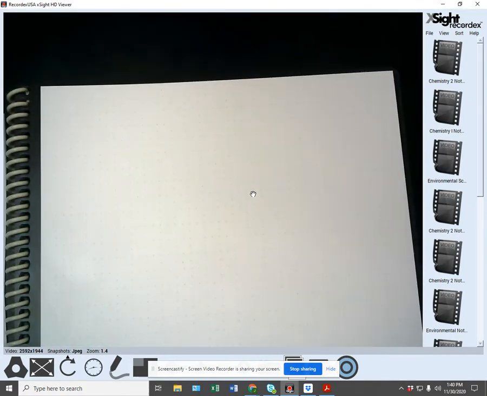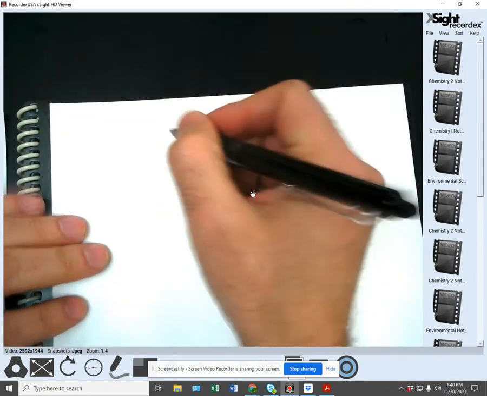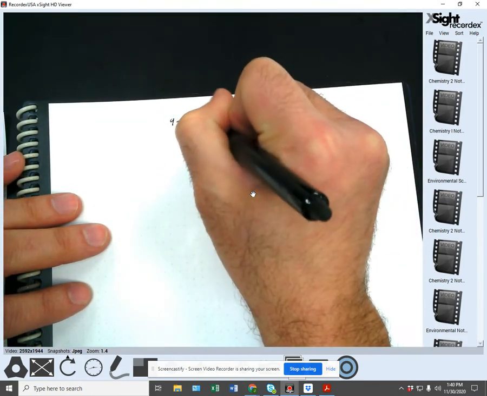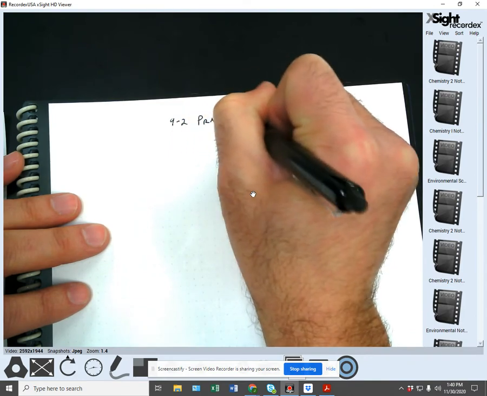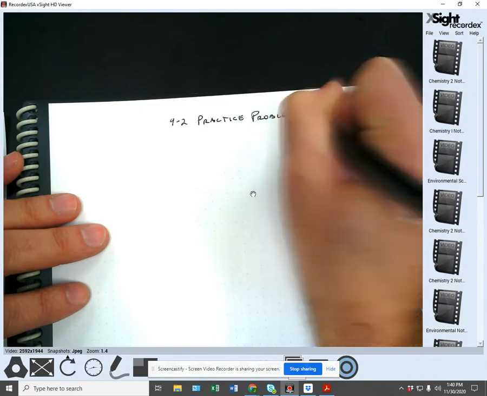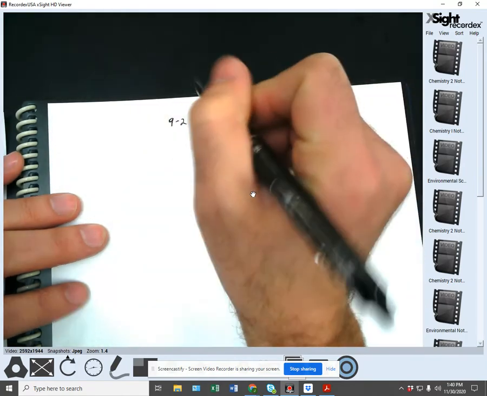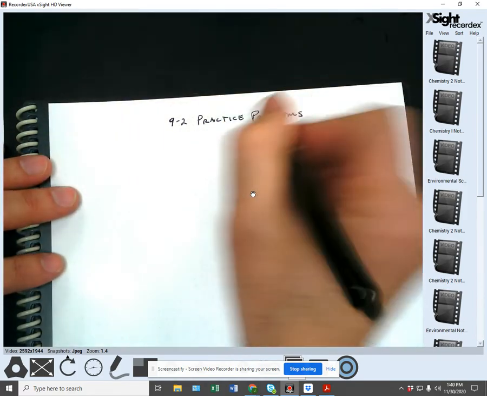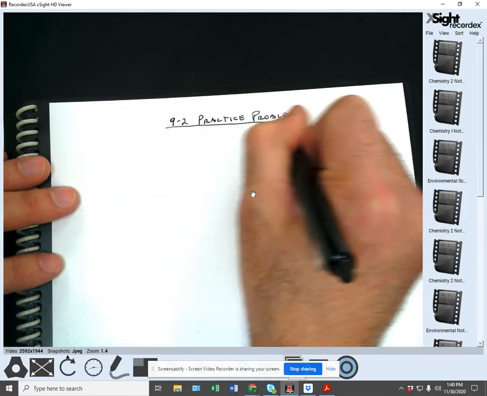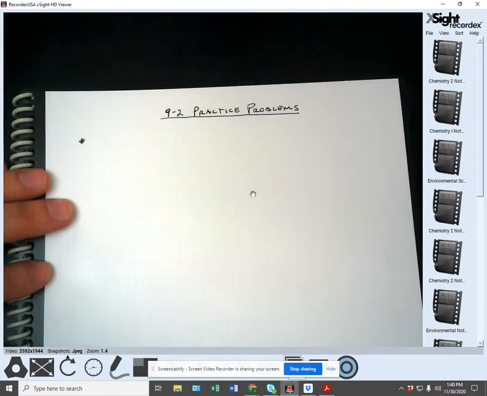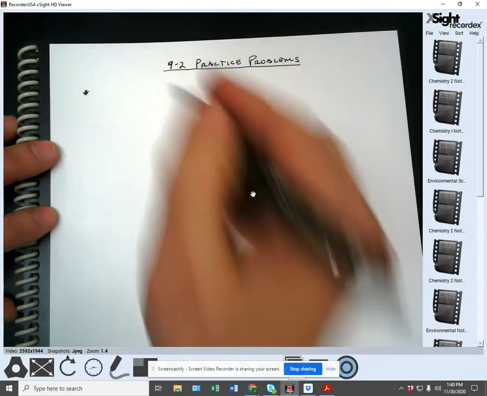A few things off the top of my head. I'm just going to head this 9-2 practice problems. When writing formula equations from words, one thing that's really important is don't forget your Hofbrinkel. Remember, when they're alone,